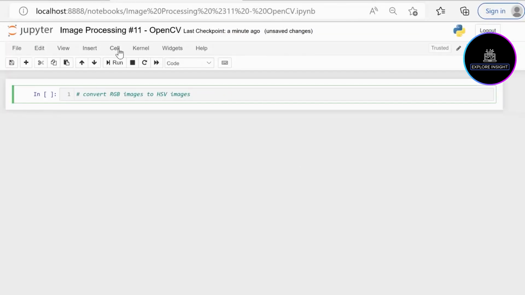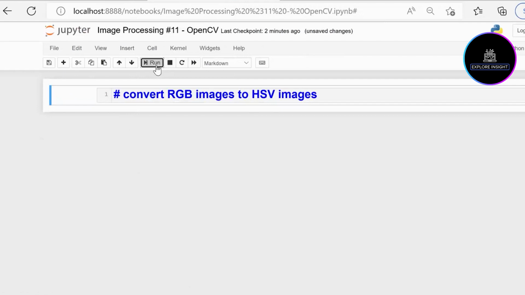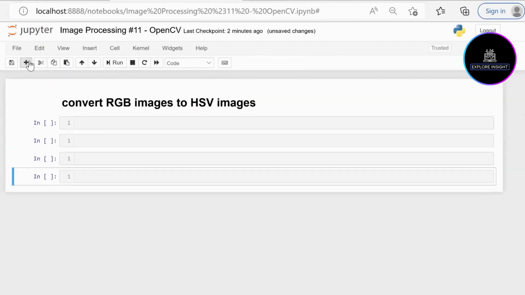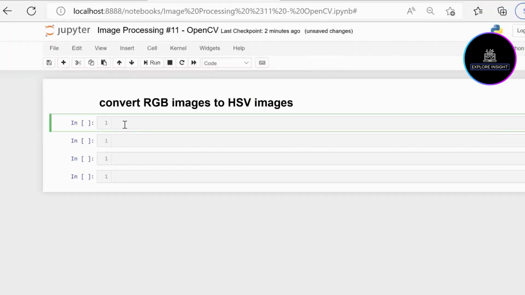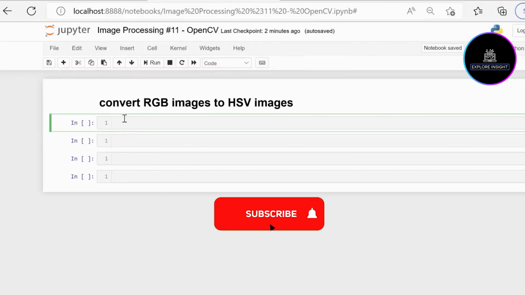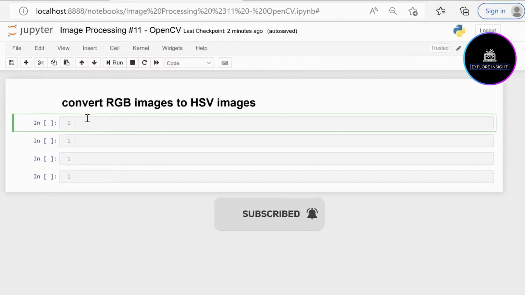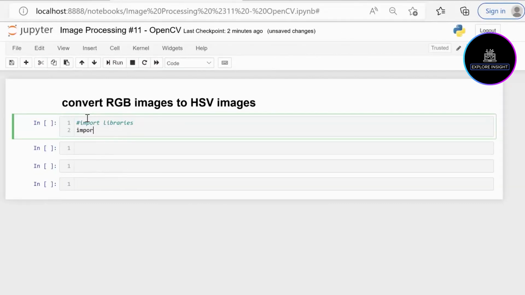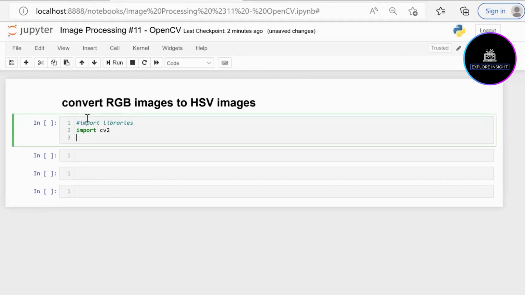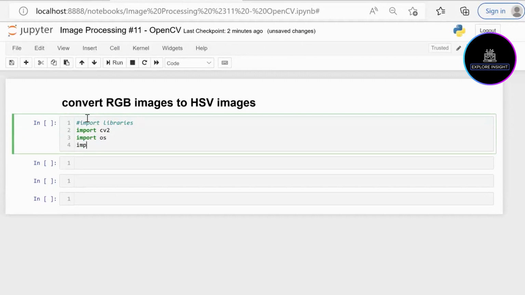So we just have 3 steps to this. The first step is to import libraries. So I'm going to import cv2, import os, and also import